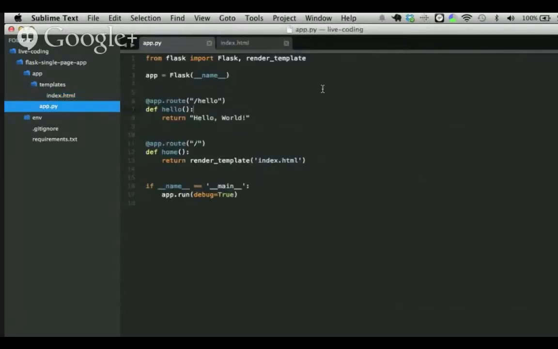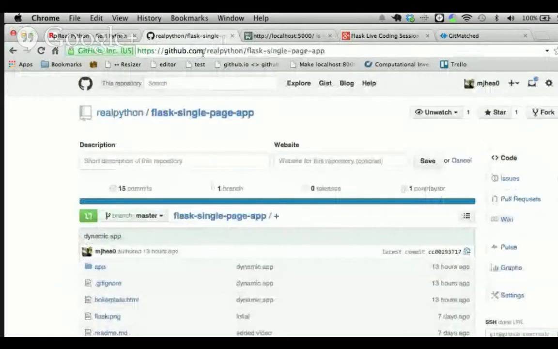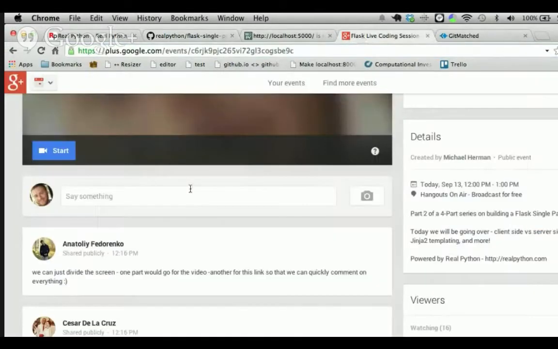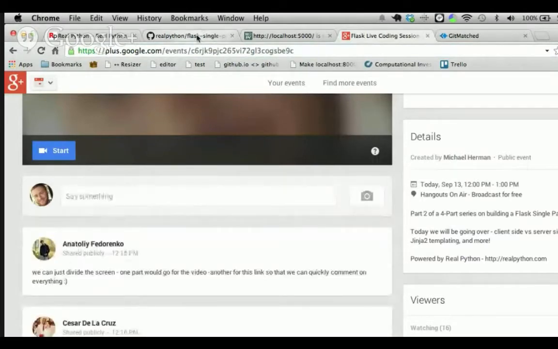And so now let's just use a boilerplate template, which includes the required markup for an HTML file. And you can actually grab that from the repository here. And if you go to github.com/realpython and then this Flask Single Page App, and I'll go ahead and put the URL into this live coding session here.